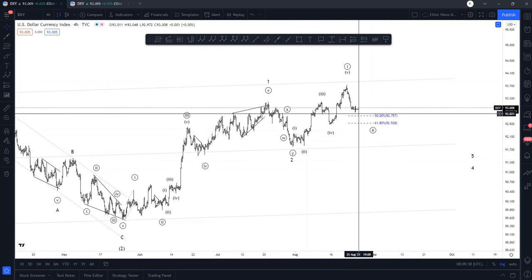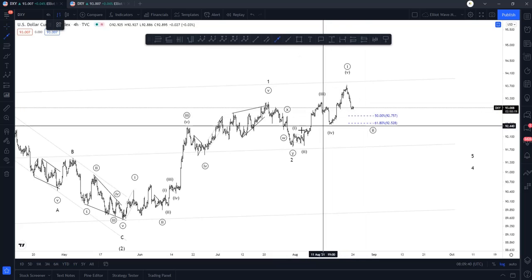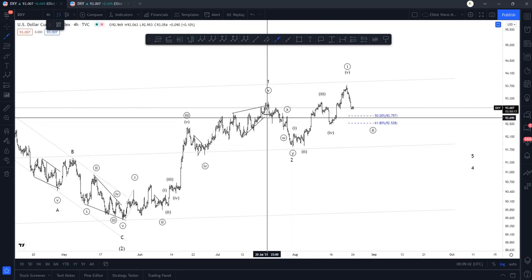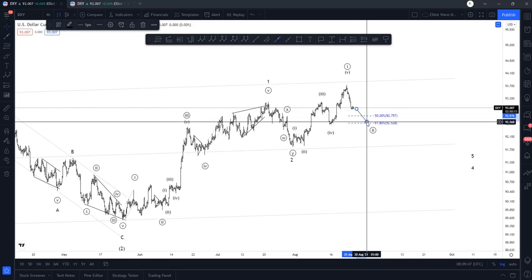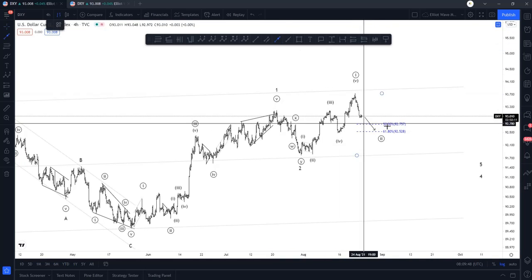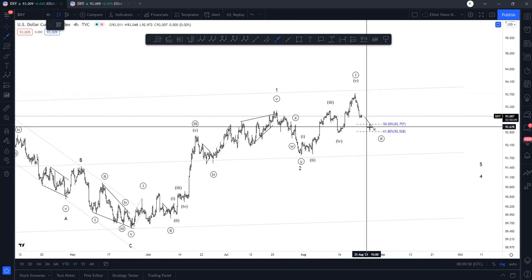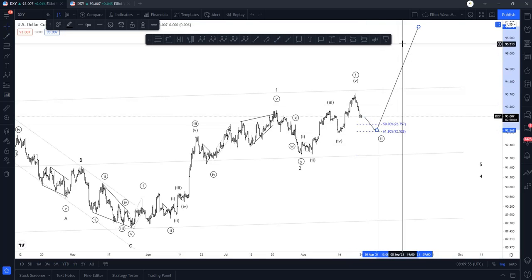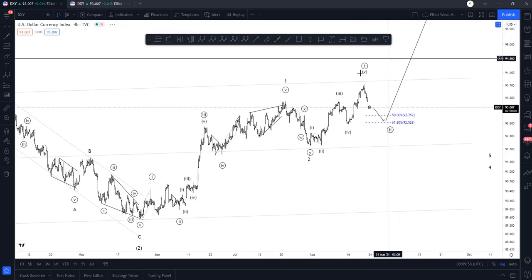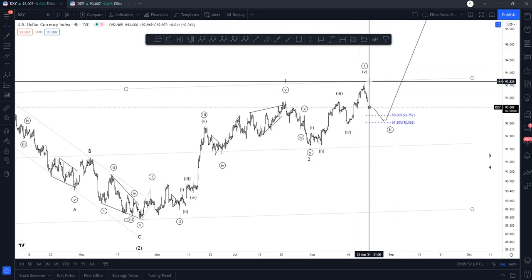This, however, also could be the end of wave 1 here, and the end of wave 2, and we are subdividing the impulse, and we're due for another correction here, which is the most likely bet in this instance. And we are preparing for a move higher for wave 3. That is the most likely bet in the current scenario of what the dollar index is doing.